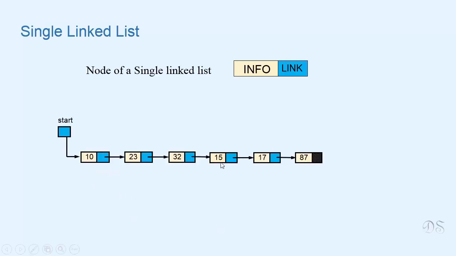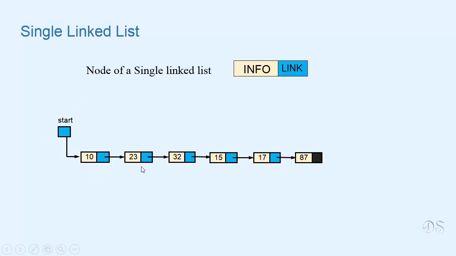This is an example of a single linked list with 6 nodes. The info part contains an integer value. This can be of any other type also. We maintain a special pointer variable that always points to the first node of the list, and we have named it start. This pointer is the identity of the list, and with the help of this pointer only, we can access all the elements of the list. We have to use the link value from each node to go to the next node. We start at the first node and we can move from one node to the other by following each node's links. So if we know just this pointer start, we can go to any node of the list.